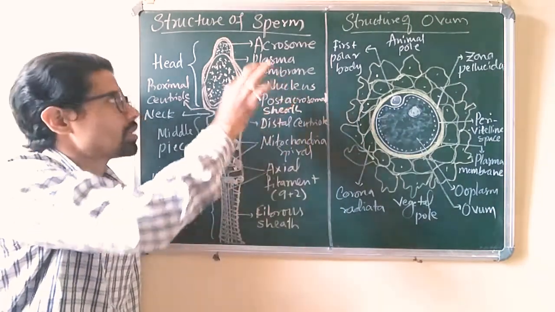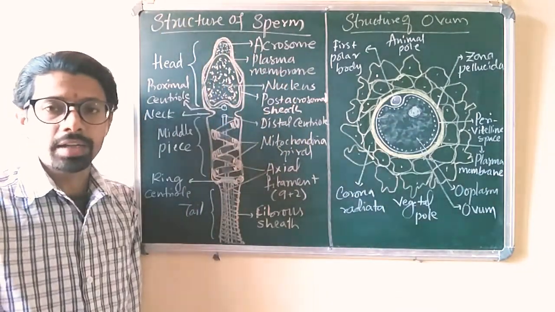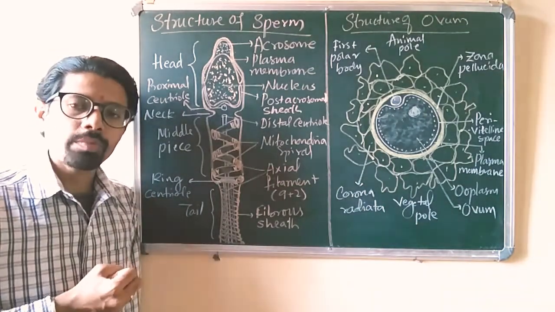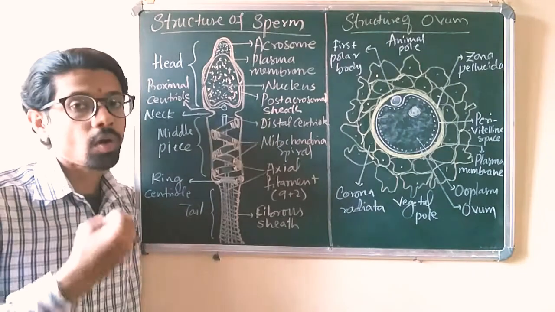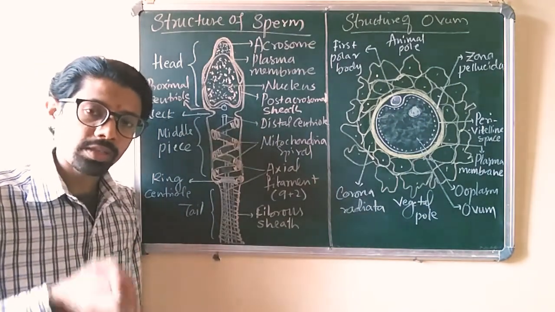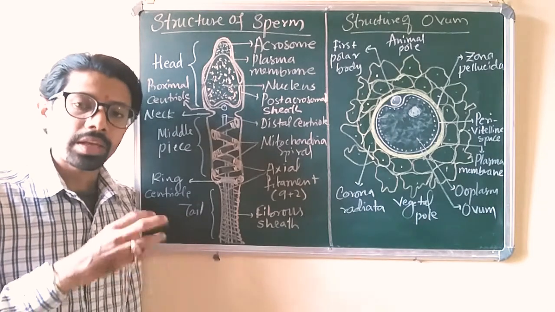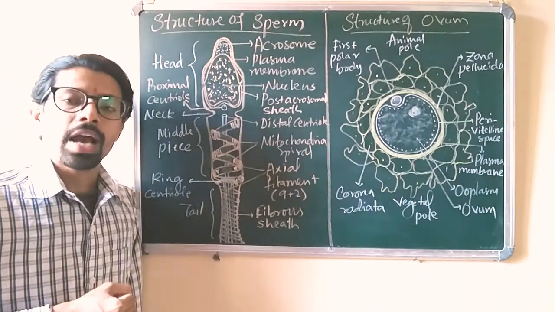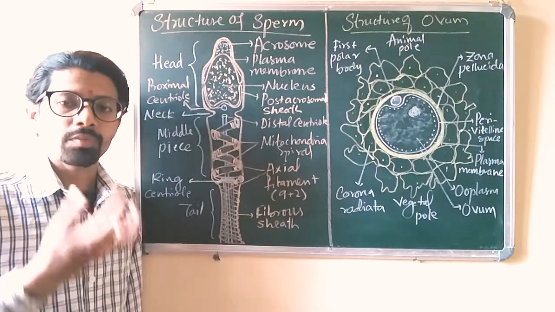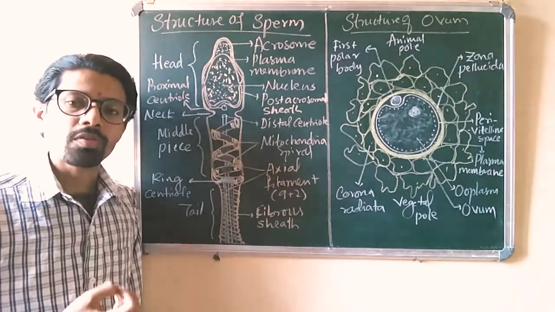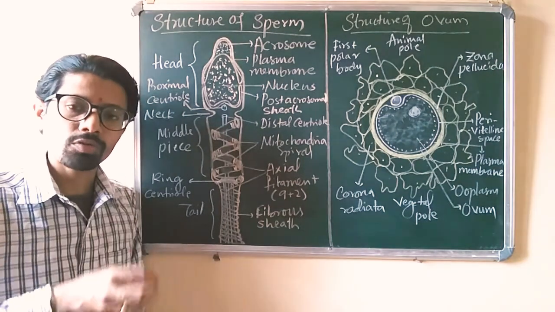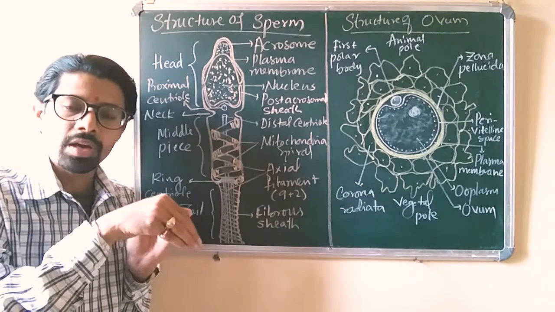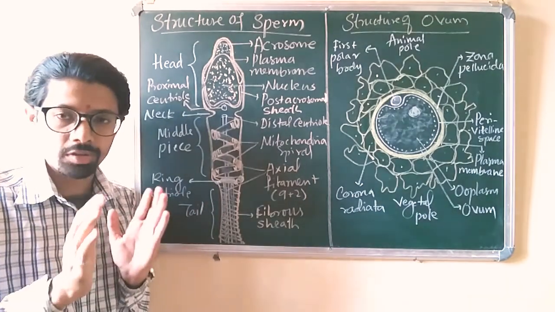Now, the anterior side of the sperm's head contains a sac-like structure called the acrosome. This acrosome is a derivative of Golgi vesicles from the Golgi complex. Golgi complex and Golgi vesicles are produced in a cell to have certain hydrolytic enzymes. Similarly, the acrosome also has hydrolytic enzymes which are very important for the process of fertilization. During fertilization, the acrosome releases the hydrolytic enzymes, dissolves the membrane of the ovum, and helps the penetration of the sperm inside it.